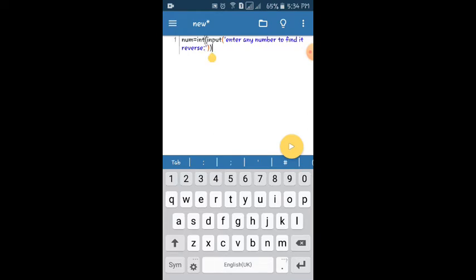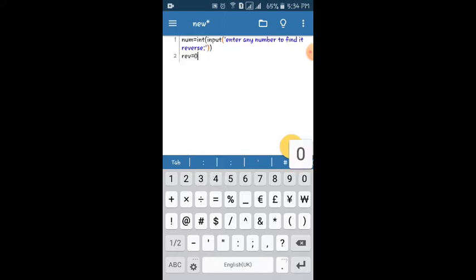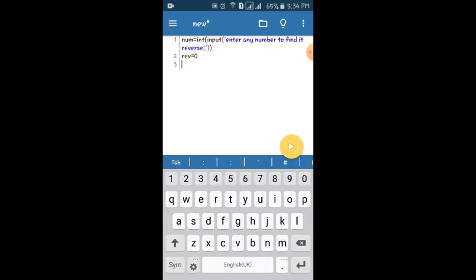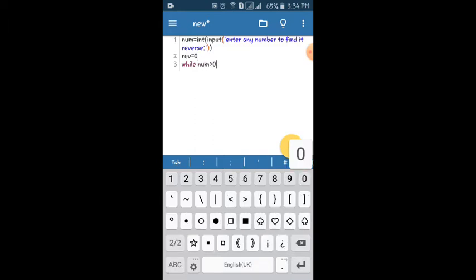Okay, so now we have to store the reversed number in a variable, so we will take it as rev. rev is equal to 0. Now we will perform a while loop: while num is greater than 0,